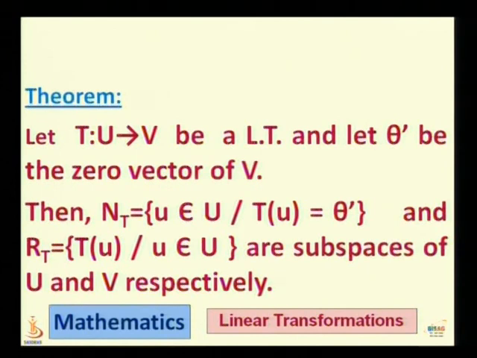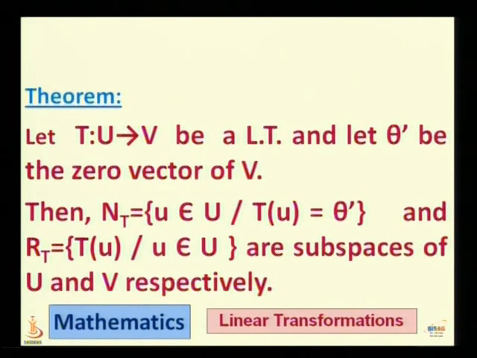Today we see the first theorem. Let T from U to V be a linear transformation and let theta dash be the zero vector of V. Then the set of vectors small u belonging to capital U where T of u is equal to theta dash, which is denoted by NT, and the set RT, that is the set of vectors T of u where small u belongs to capital U, are subspaces of U and V respectively. So to prove this theorem,